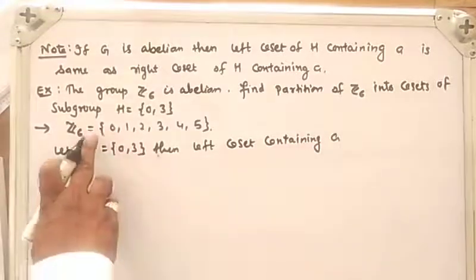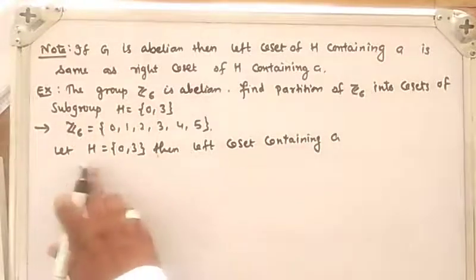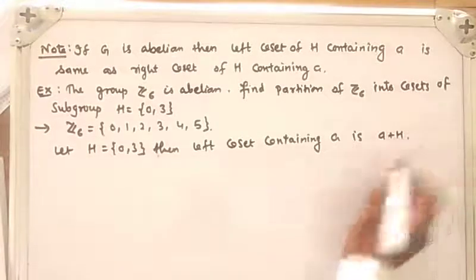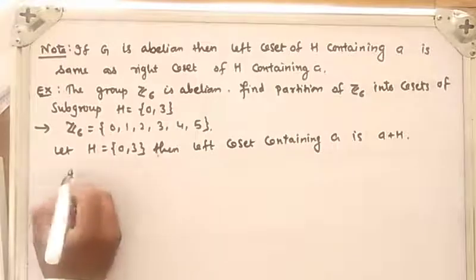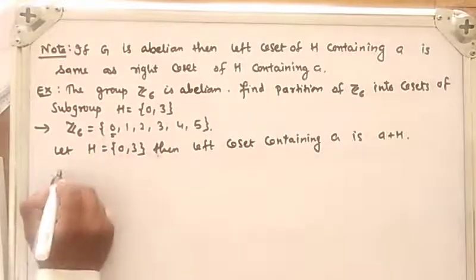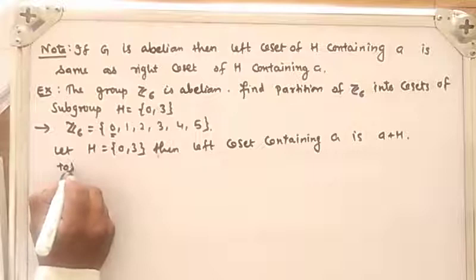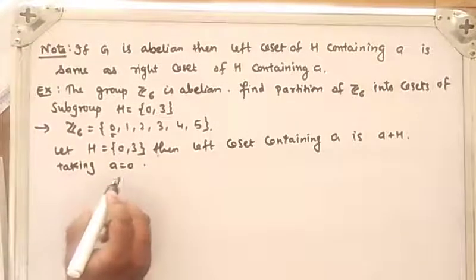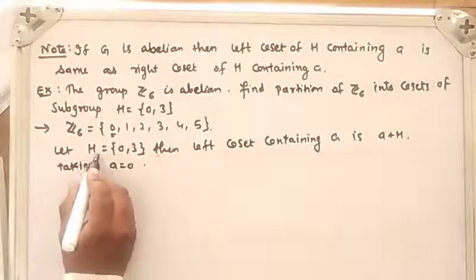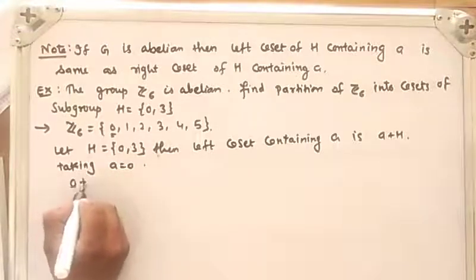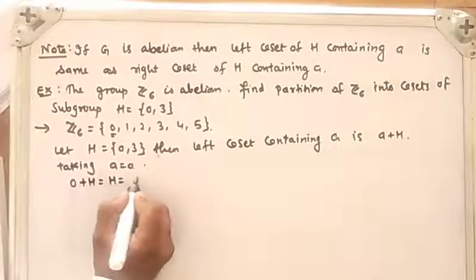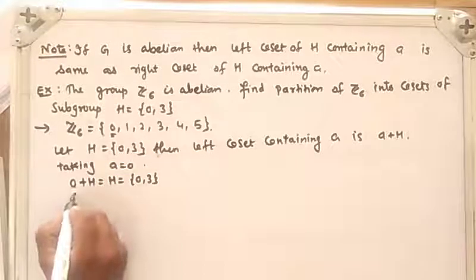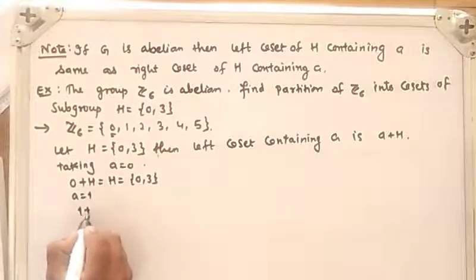So here the operation in Z6 is additive, so I will write A plus H. So the coset is A plus H, right? Therefore, taking A equal to 0, the first element, the left coset of H containing 0, so 0 plus H, will be H, and H is equal to {0, 3}. For A equal to the next element 1, then 1 plus H will be